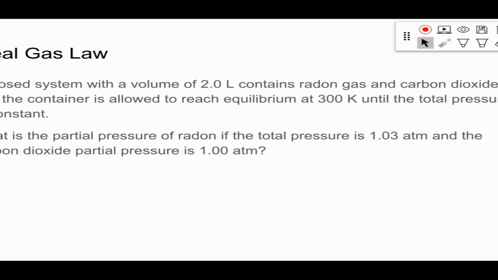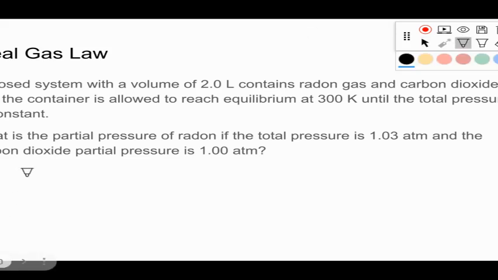It says a closed system with a volume of 2.0 liters contains radon gas and carbon dioxide, and the container is allowed to reach equilibrium at 300 Kelvin until the total pressure is constant. What is the partial pressure of radon if the total pressure is 1.03 atm and the carbon dioxide partial pressure is 1.00 atm? So again, we're going to be using our